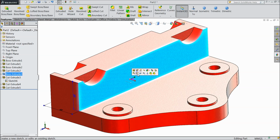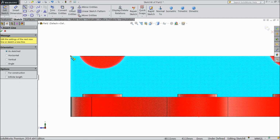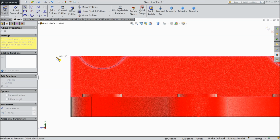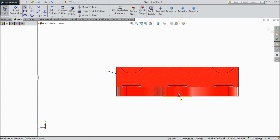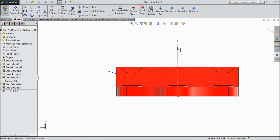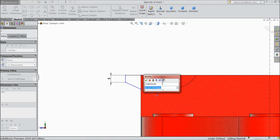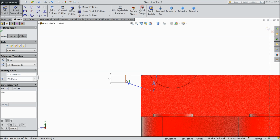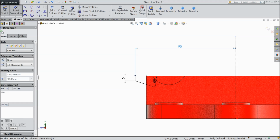Now select this face, sketch, normal, choose line, exit. First we will assign center line. Make sure vertical, height 5 mm, and keep the angle 20 degree, and the distance from here to this line keep 90 mm. Okay,